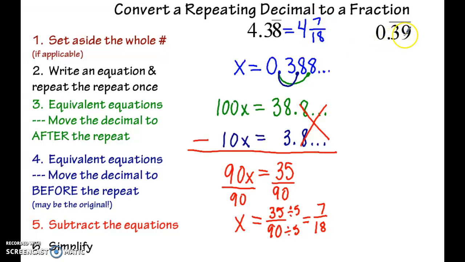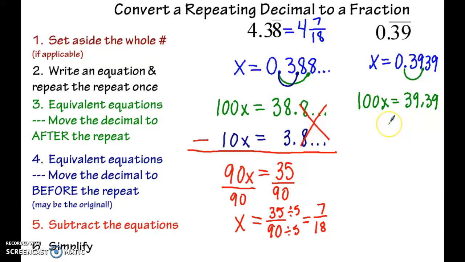I can do the same thing here with this repeating decimal. So I'm going to set aside the whole number. Well, there's not one. Write an equation and repeat the repeat once. X equals 0. What's repeating? 39. So 0.39, 39. I'm going to move the decimal to after the repeat. The 39 is what's repeating. I had to move it twice. So that is 100x equals